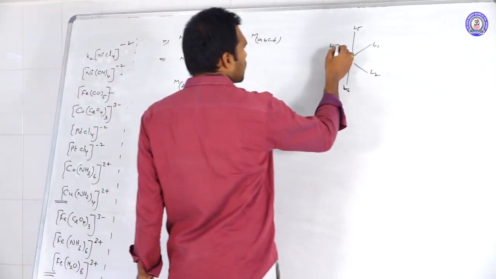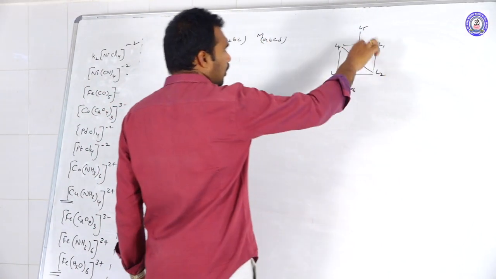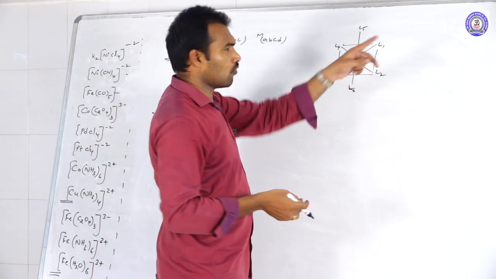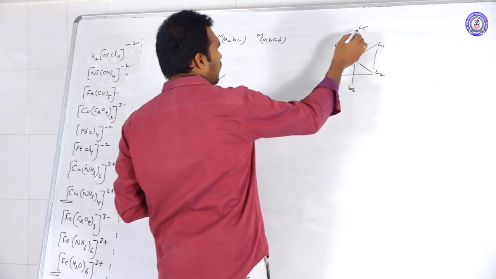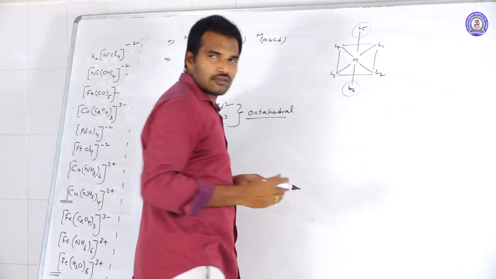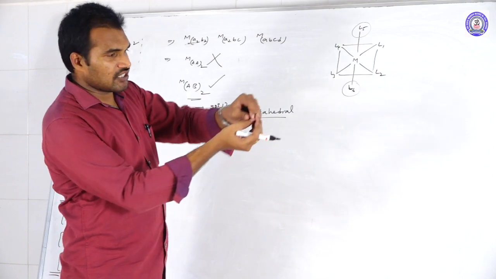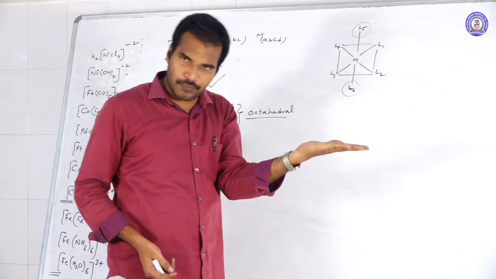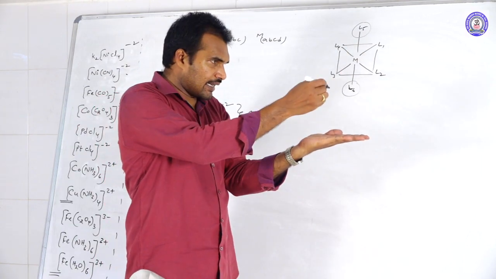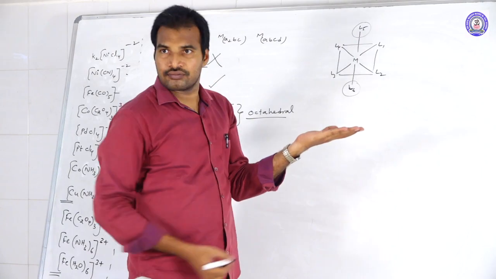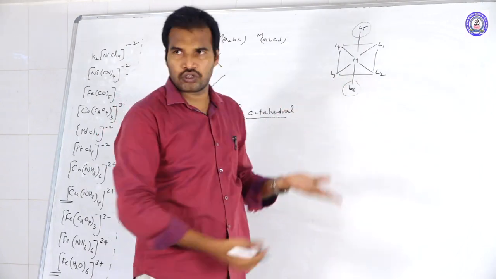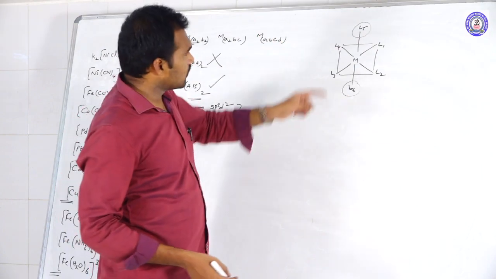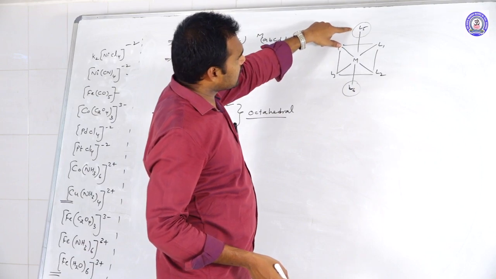In this octahedral structure, all the neighboring ligands are cis to each other, no doubt: 1, 2, 2, 3, 3, 4, 4, 1. And also one point you should remember: these are the two ligands which are equidistant and perpendicular to them. Suppose these are the 4 ligands which are in the plane, one ligand is exactly here and another ligand is here. One is above the plane, another one is below the plane, and they both are perpendicular and also equidistant from them. That means these two are cis to these 4.